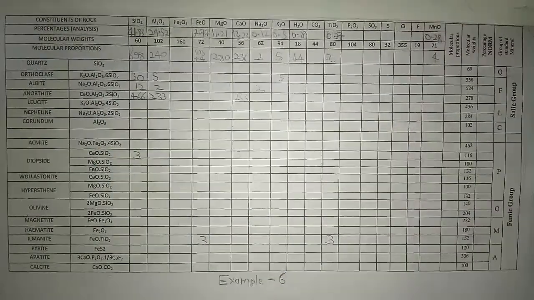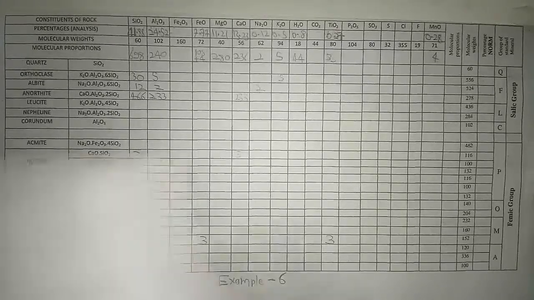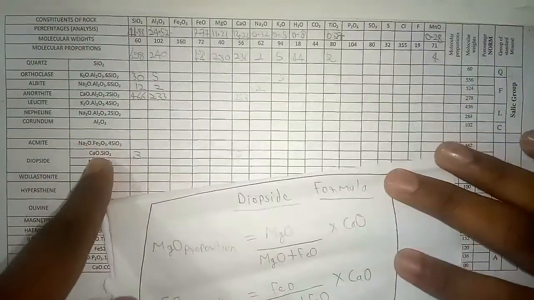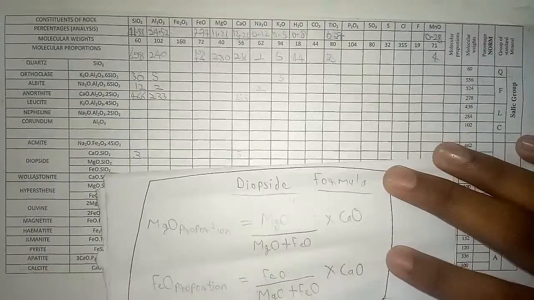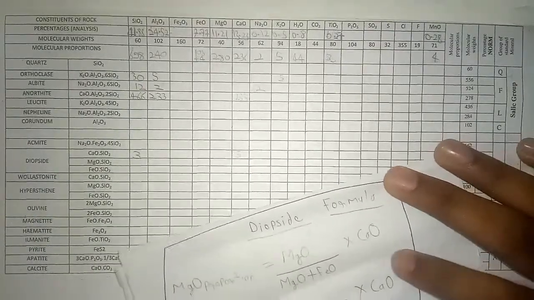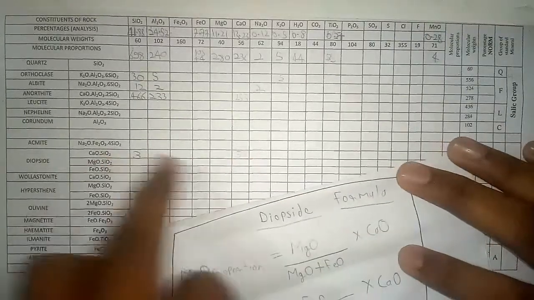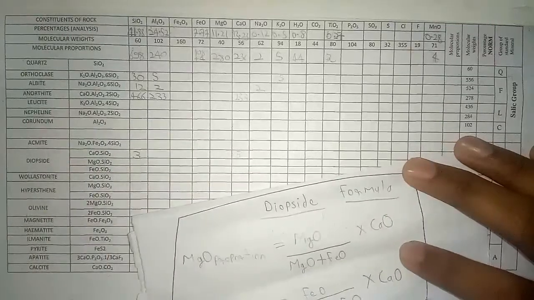Now you know the formula of diopside. I hope you have learned that formula. It's very easy actually, when you do these 6 examples you will easily learn it. Once again, this is the formula for MgO proportion and FeO proportion in diopside. The CaO, MgO and FeO values are the remaining values of them. We have 3 CaO remaining, because we haven't made diopside yet, we have just written. When we write MgO and FeO here, only then will diopside be made.